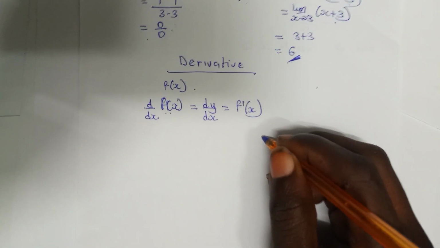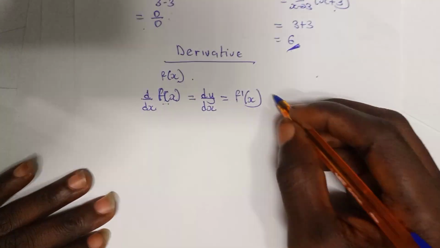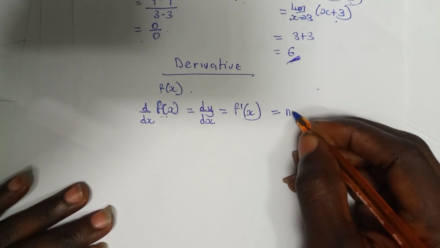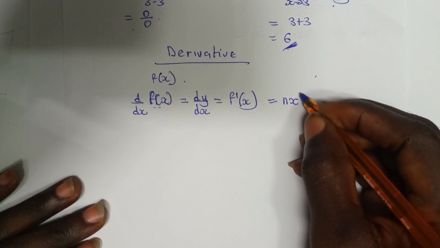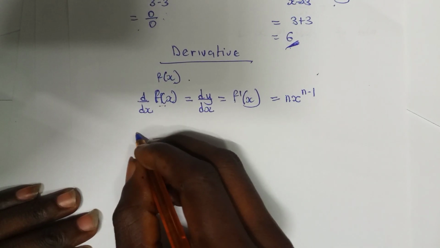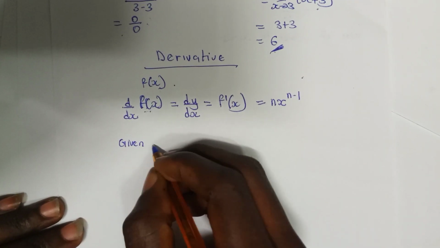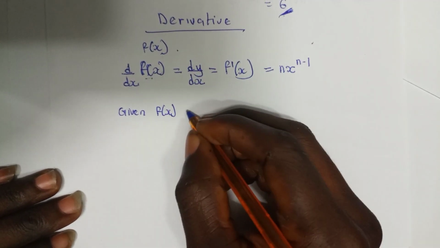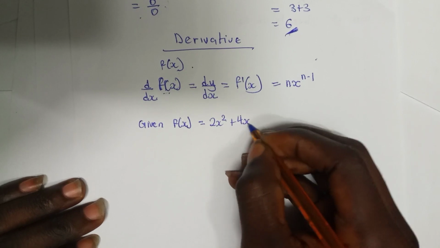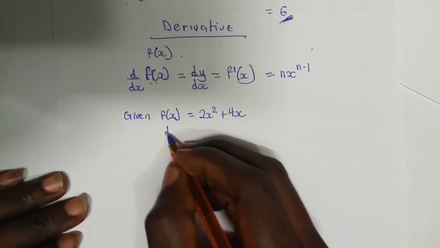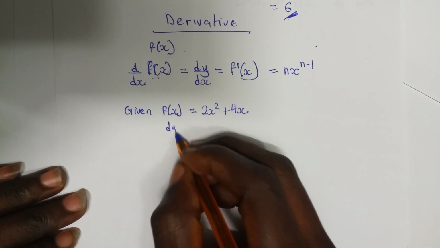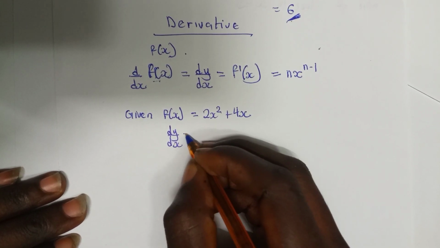Let's move on. The derivative of a function is given by the formula n multiplying x raised to the power n minus 1. Let's take an example. Given f of x equals 2x squared plus 4x. When we take the derivative of the function f of x per the formula, we are going to get dy over dx, which is also equal to